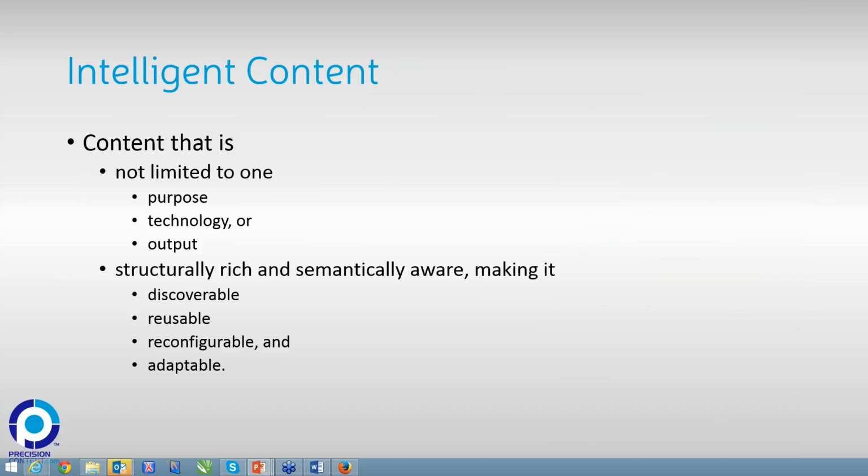As we move forward, what we're really talking about here is intelligent content, which has been a staple for technical publications for quite some time. Really, this has been brought to light by Anne Rockley and adopted as gospel across many technical publication organizations. But more recently, other parts of the enterprise have started to take notice of what intelligent content is, and most recently, the Content Marketing Association has purchased the rights to Anne Rockley's Intelligent Content Conference and adopted it as their own. And now they're espousing the virtues of intelligent content for marketing content within the organization, where they're only now starting to learn about the power of semantically rich, discoverable content and the value of putting that effort into semantically marking up the structure of that content